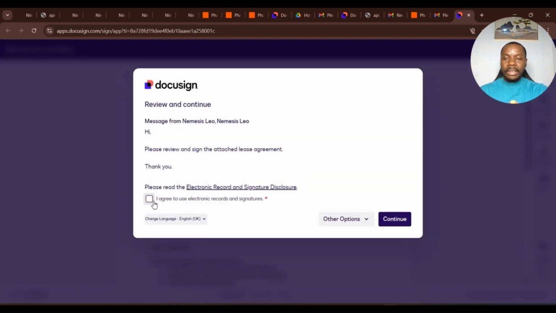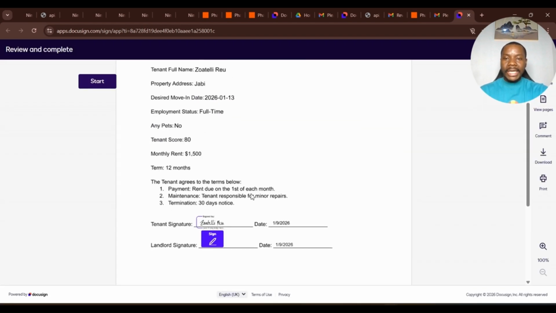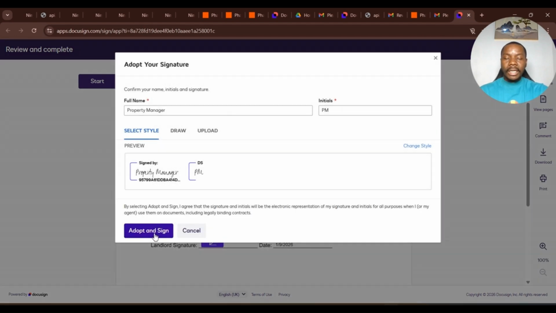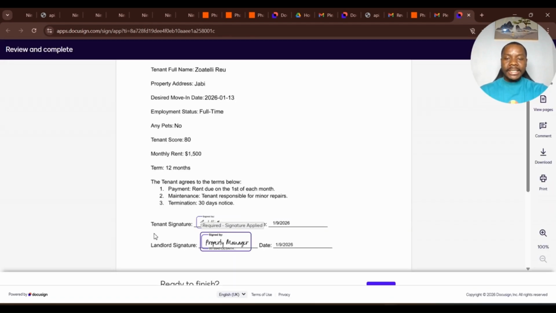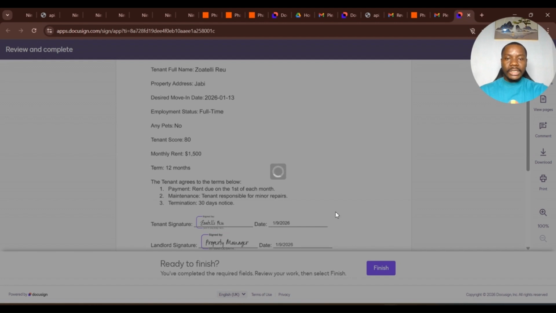That is only when the property manager will also complete his own. So we can see the tenant signature is already here. So the property manager will just have to add his own signature, and then the lease is complete once he clicks on finish. So the lease is complete,